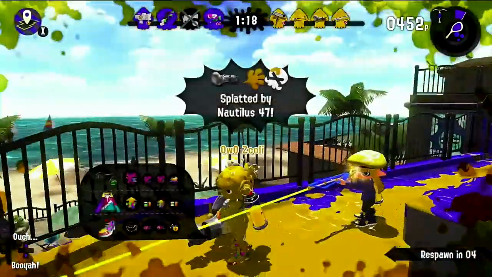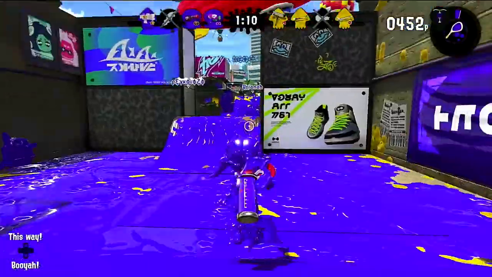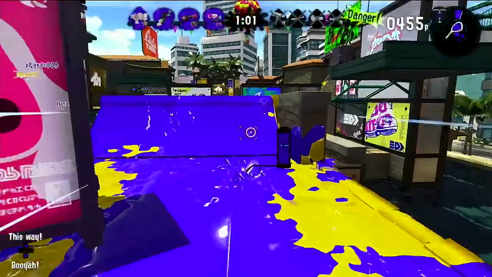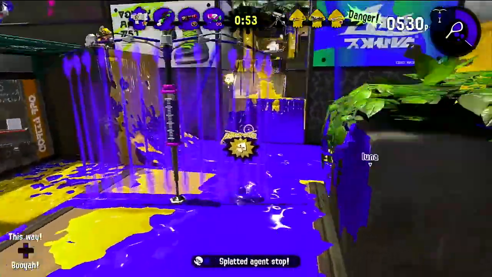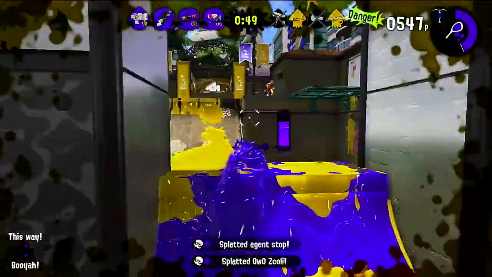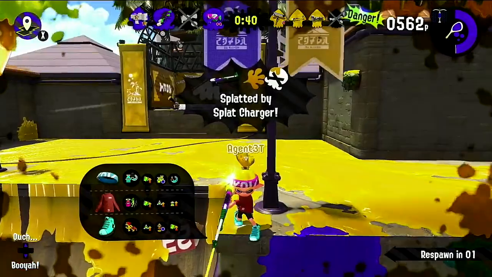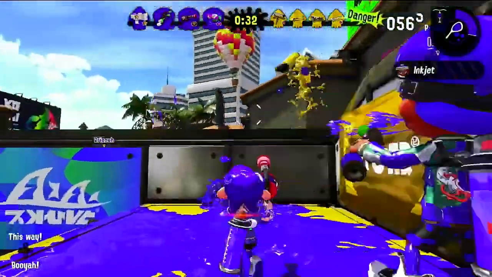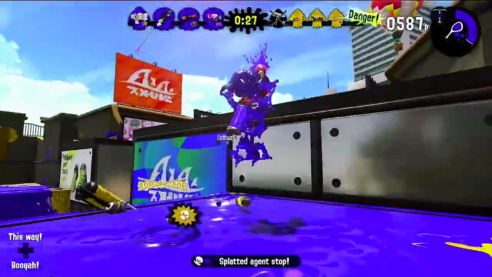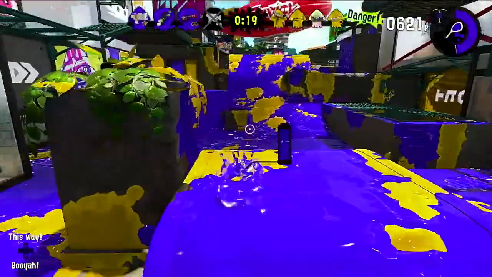Oh my goodness, Nautilus is so good. Oh, and Charger for backup? Yeah, that corner is nasty. This is one of my favorite maps, though. Alright. I was really not sure what was going on there with him. Well, hey, we seem to be winning, so that's good. Alright, there we go. With a little bit of assistance, I was able to get that splat there. Oh, I need to...